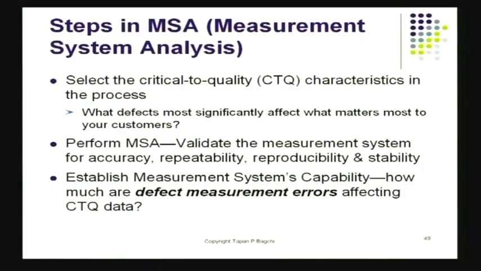So what are the steps in this measurement system analysis? You've got to select the CTQ. That's something you should be able to do. Then you've got to be able to do the MSA. MSA is measurement system analysis. You validate the measurement system. You make sure that it produces accurate data, repeatable data, reproducible data, and stable data. Once you've done that,